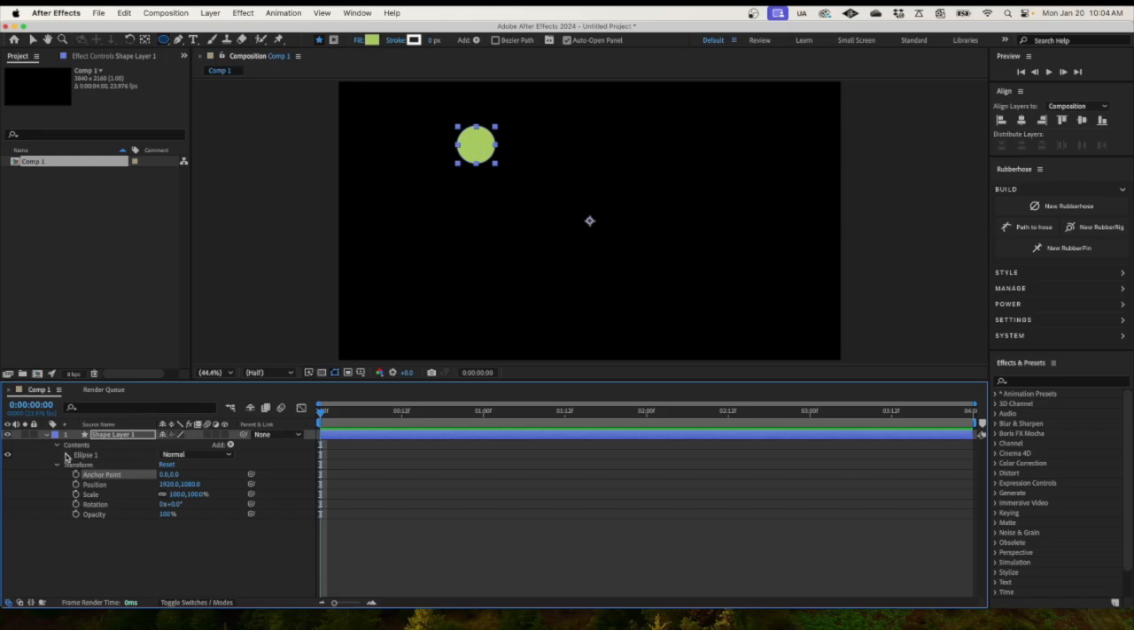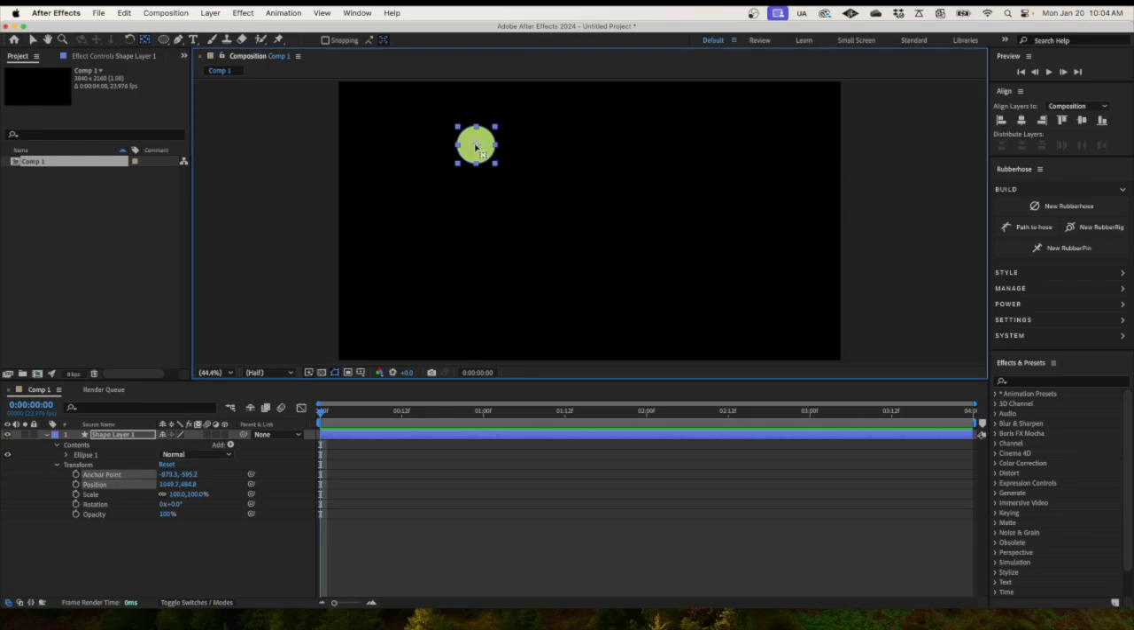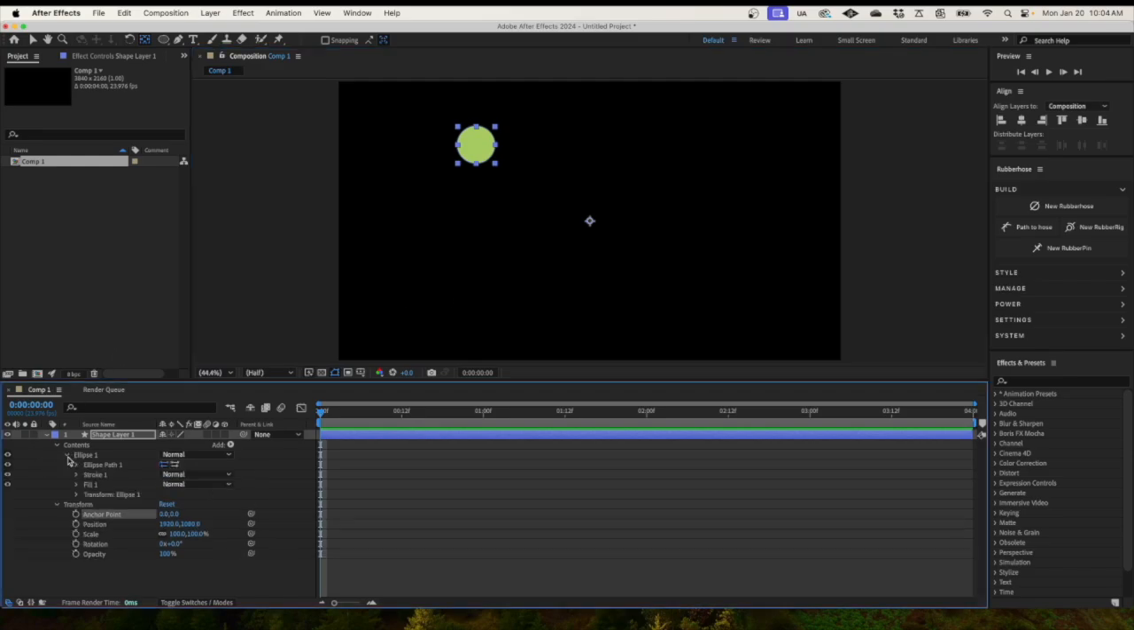So I always need to be cognizant of where my anchor point is in relationship to the object. The easiest way to get that anchor point where I want it is just to grab the pan behind tool, which is also called the anchor point tool, and grab the anchor point and stick it in the middle of the circle. However, if I want to be super accurate about it, if I want it to be perfectly in the middle of the circle, because I have an OCD problem or something, the way I'm going to do that is I'm going to change the position of the object